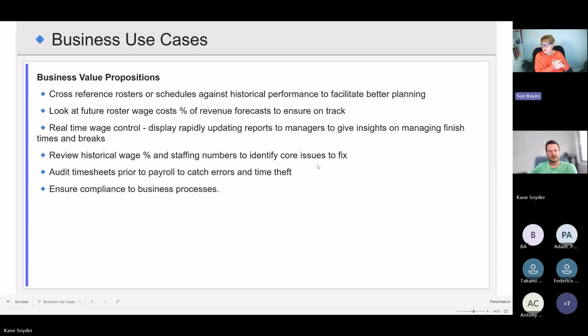It's that productivity, isn't it? If I've got this many people, regardless of what sector, because staffing is usually such a significant cost, how much am I getting in return for the amount that I'm paying? The other thing I've had to look at for someone else is looking at targets. So they'll have a target for so many hours they need to achieve over a year, and the production or what they need to achieve with those hours.